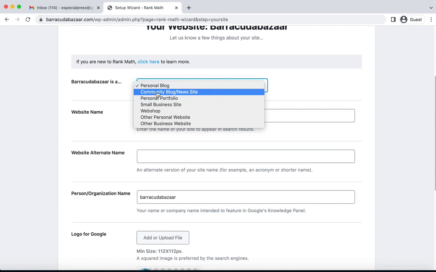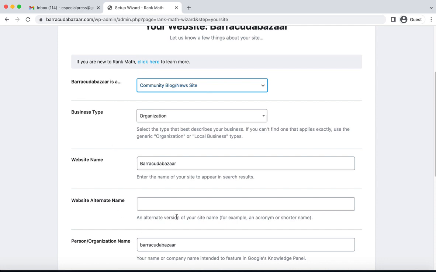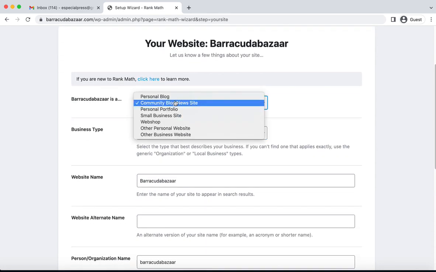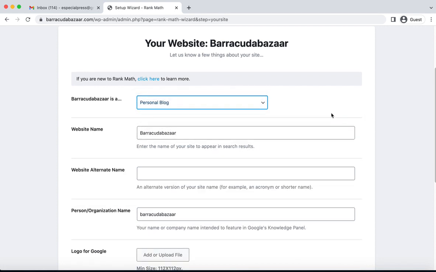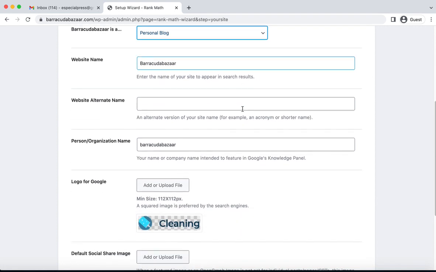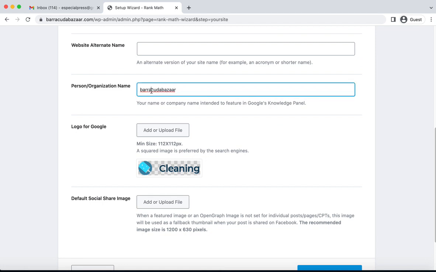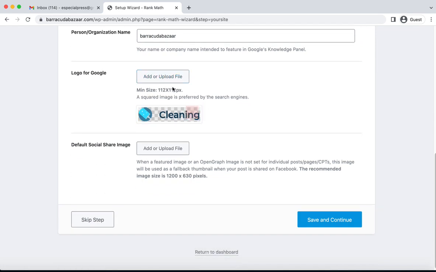If your site is a community blog or news site, you can choose it, and then you can find the rest of the information from here. So I choose personal blog, and then this is the website name, and you can place an alternate version of your site name. So here is the person or organization name, and this is for logo,